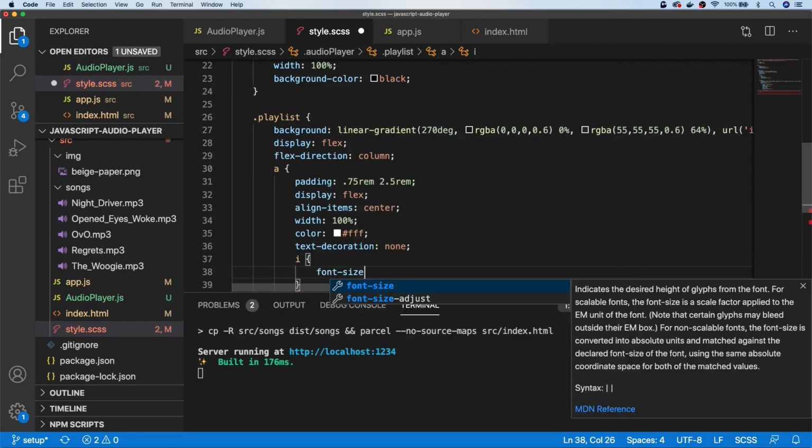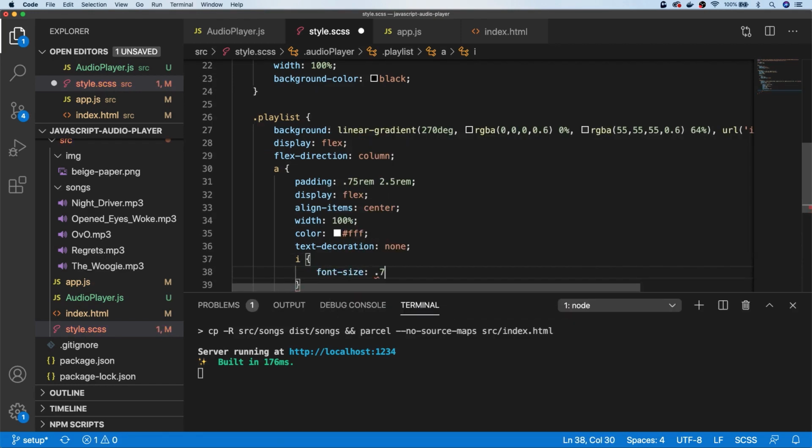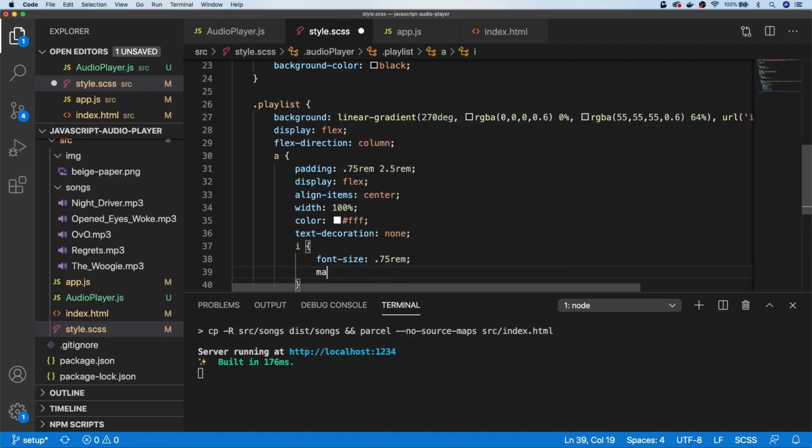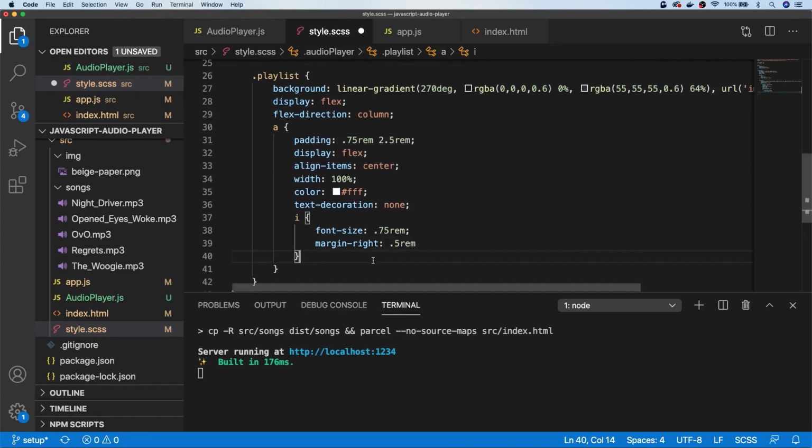So let's just add a little bit of formatting for the icon tag as well. So we'll say the font size, just make that a little bit smaller than it needs to be, and we'll put a bit of margin right on it as well. So there's a little bit of space between the text as well. And the final thing I'm going to do for the anchor tag, let's just put it up here, is to